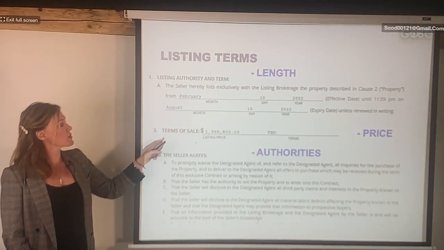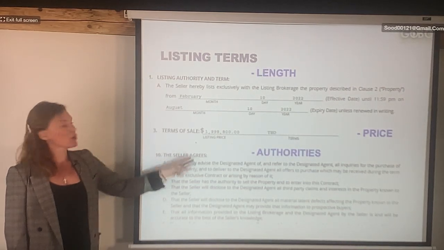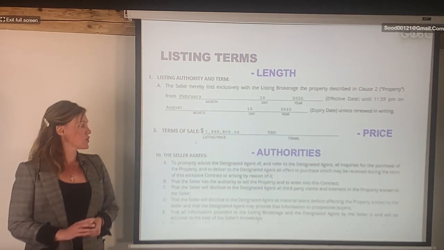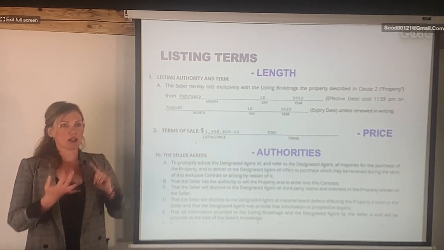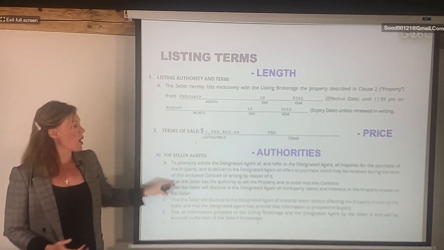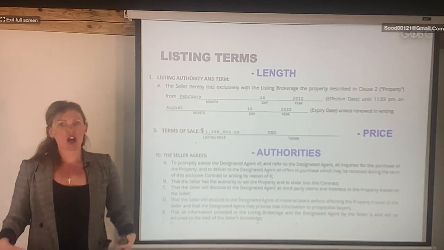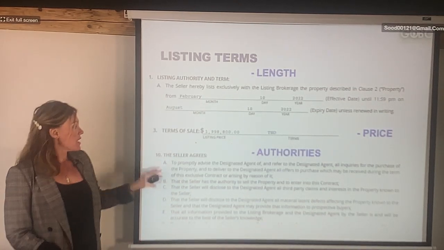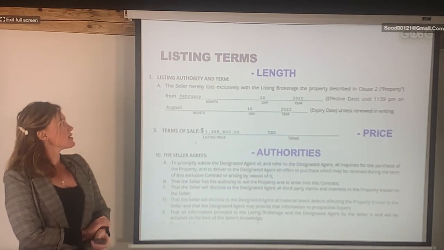Of course, one of the terms will be how much we're going to list the property for, right? The sale listing price. And of course, we have to collect the authority from the seller. We'll talk about the authority in the next chapter, law of agency. So you'll see we talk about a lot of authorities, but basically, you're allowed to collect the keys from the seller. You're allowed to do showings, right? So all of those authorities will show up stated like this in the contract, saying that if the seller knows of any buyers, he has to let you know, so he doesn't sell behind your back. So there's a lot of other things in here, tons of terms, right? But these are the authorities that we're asking the seller to provide us with, and it's already stated inside of the contract.